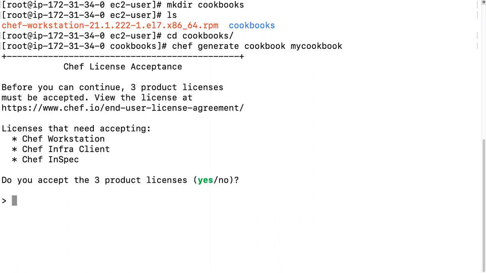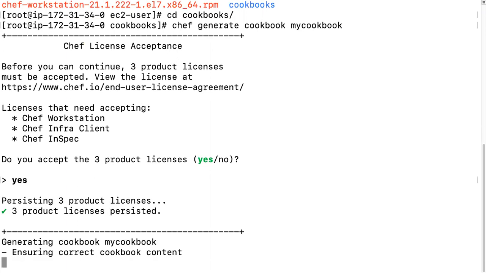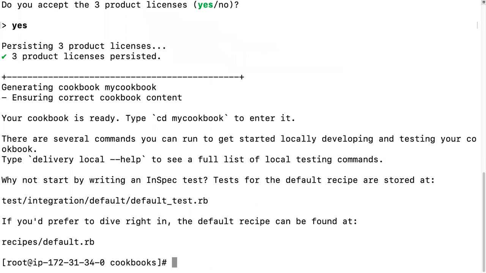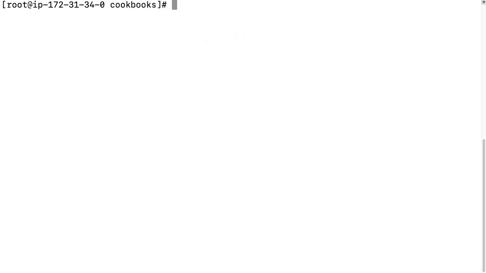Accept the license, yes. It's automatic. Now I'm going to clear the screen again, clear. And you can see the things in tree format. Tree is a tool.